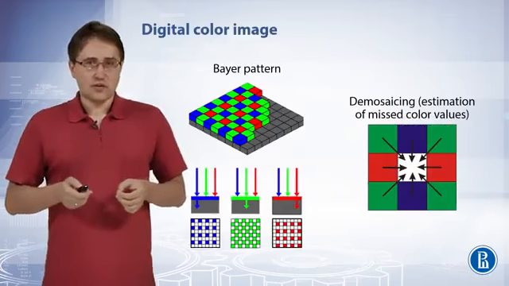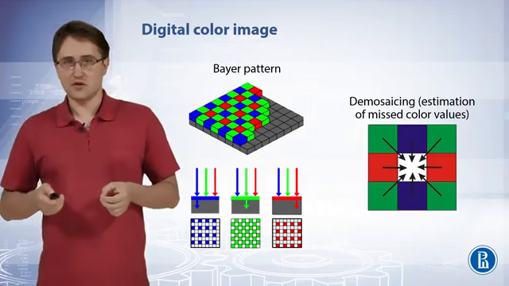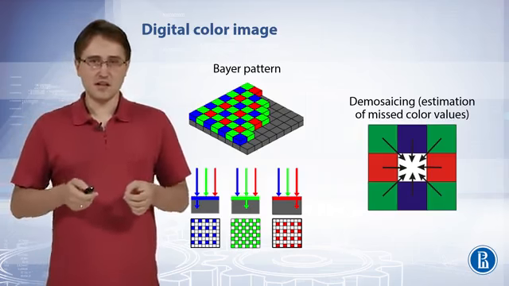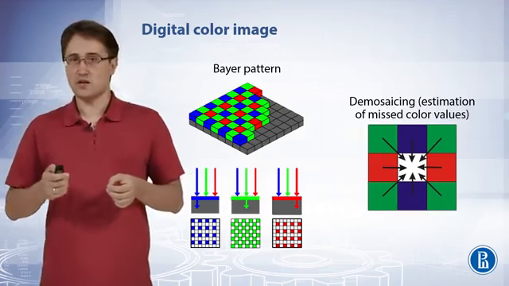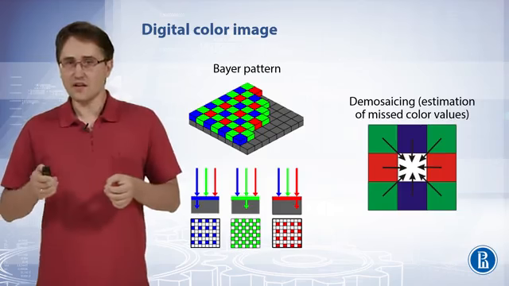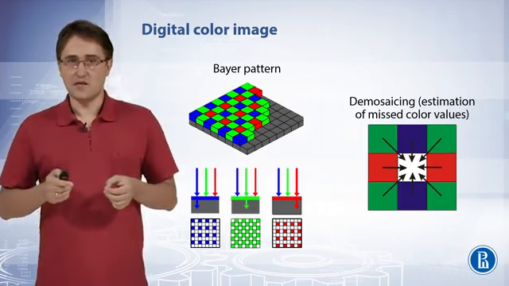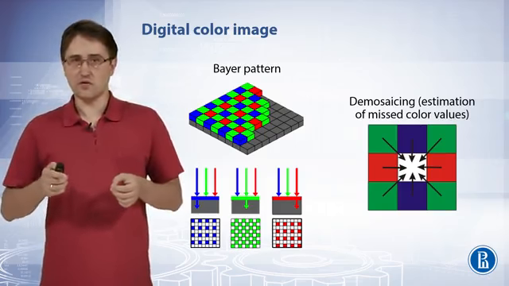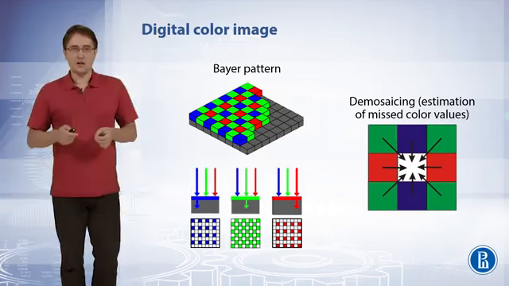In digital photography, instead of taking 3 images with different filters, we can use another technique, which is called the Bayer pattern. In this case, each pixel in a sensor array has its own filter. So in each pixel we obtain a value for only one color channel, and the values for other color channels are missing. So they need to be reconstructed. We can interpolate values of missing channels using information from neighboring pixels. This procedure is called demosaicing.